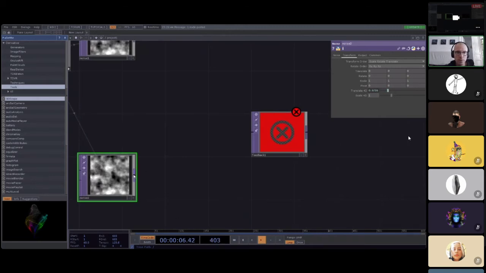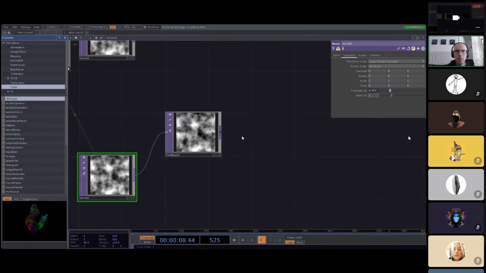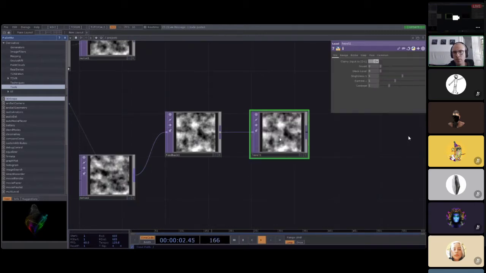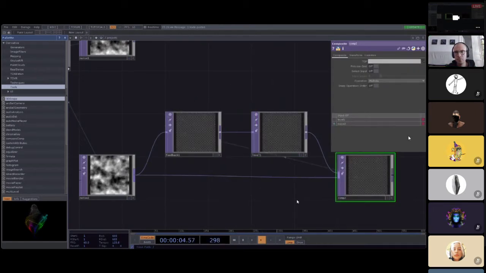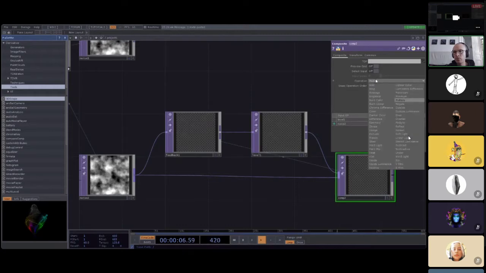I'm gonna use a noise, plug that in the feedback, add a level, because you always need to have a lower opacity than 1. Composite these two together and put it here. Okay, now it disappeared because we're on multiply, but if we add,